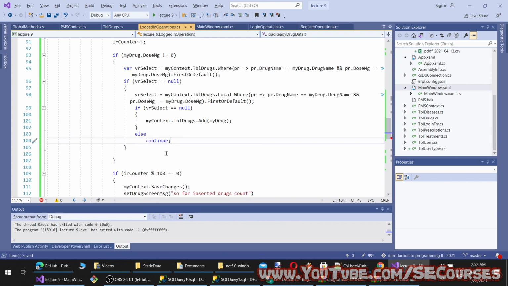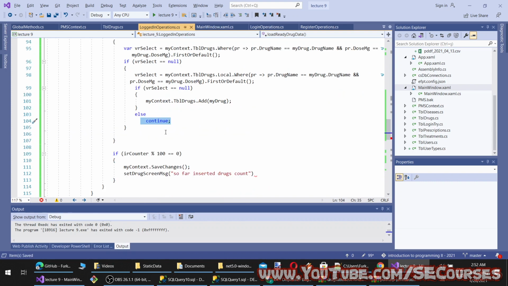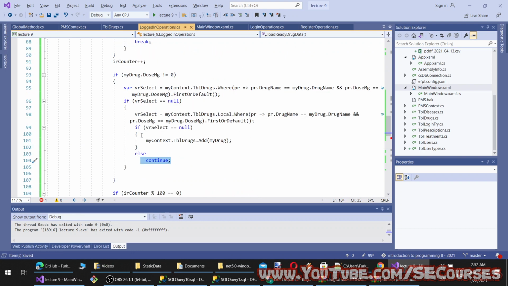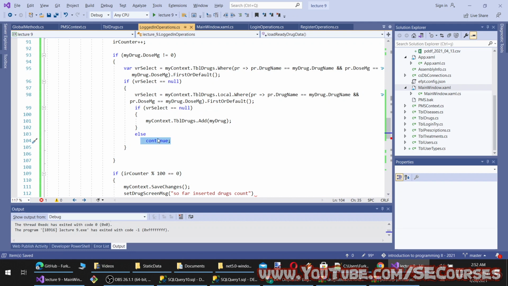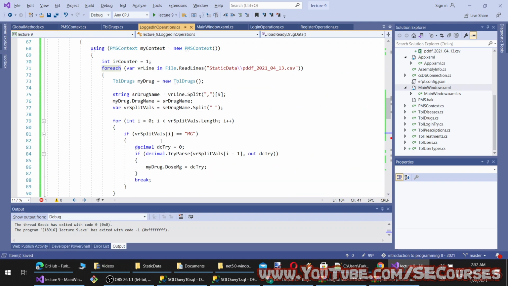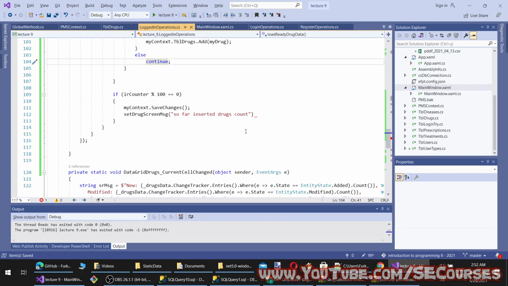Yeah, I will make it like this so we won't get an increase of the counter if we are not adding it. And this continue will continue this loop, yes.